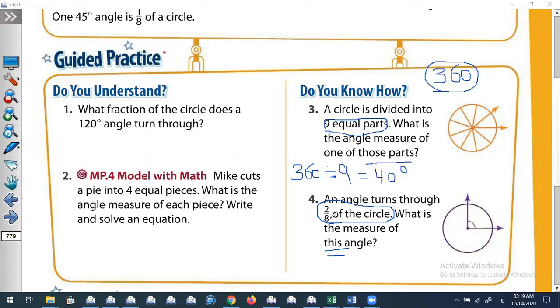How can we divide 360 by 8? By using long division, like that. Make long division. Write here 360 and write here 8 because the denominator is 8. So you have to divide 360 by 8 first. Can we divide 3 by 8? No. So put 0, take another digit, 36. Can we divide 36 by 8?